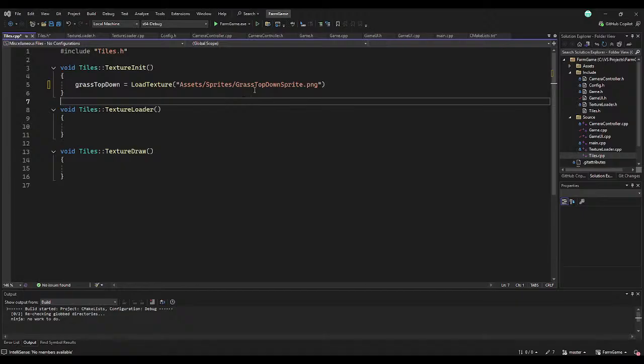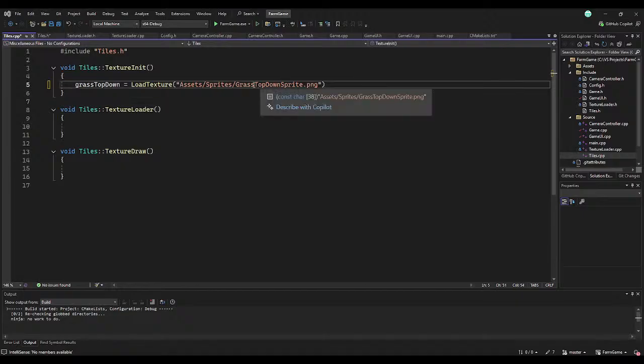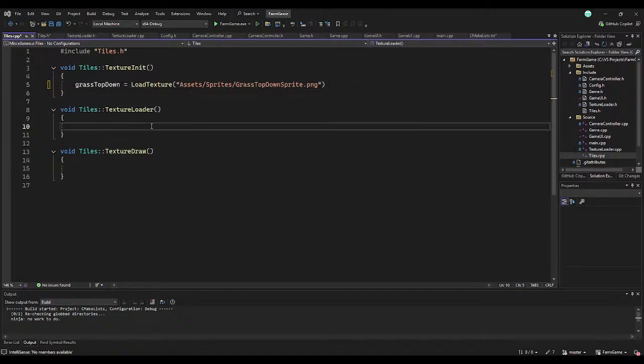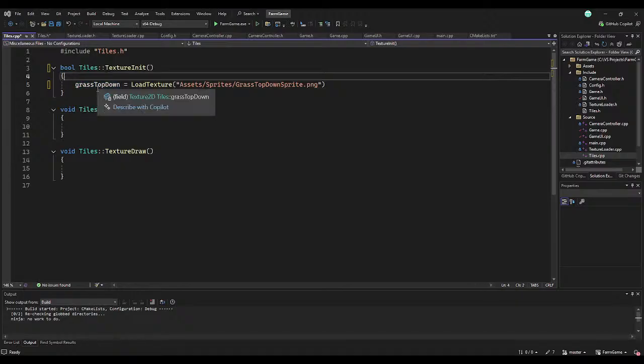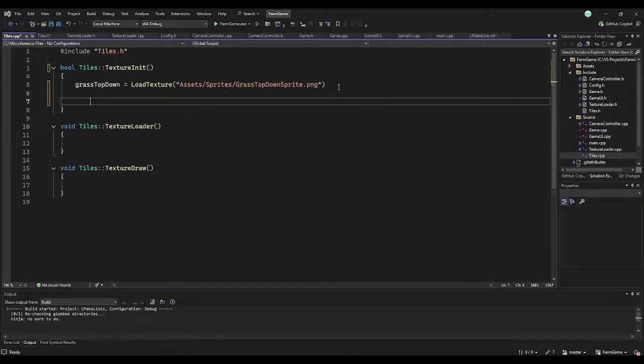Okay, that's basically the sprite. And I'll make this a bool, and I'll say if